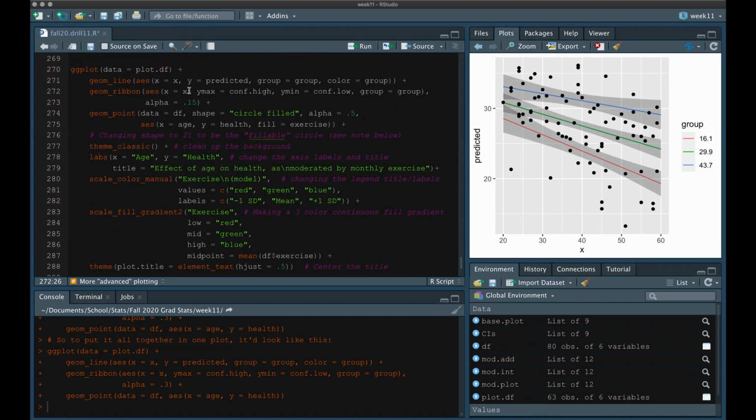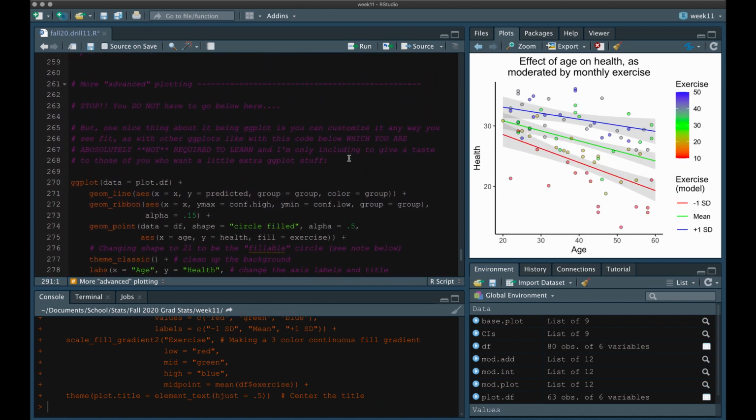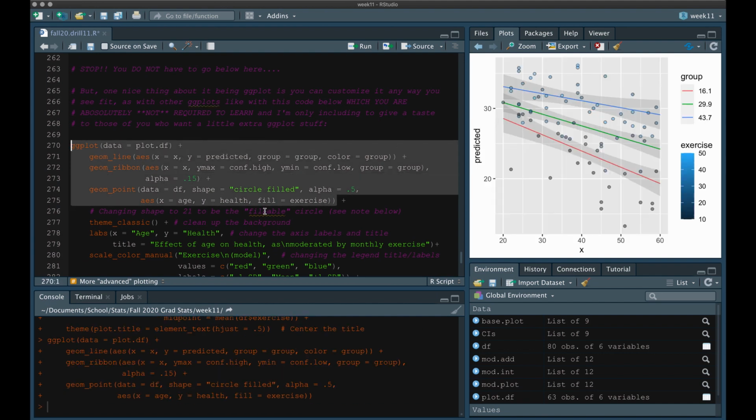If we look at this code as a whole, let me just run it, and then we'll talk about piece by piece what it does. So we start mostly as we did before. We have our geom line, geom ribbon, and geom point. The only things that I've really changed is I've adjusted the alpha on the ribbon a little bit. I changed the shape of geom point to circle filled, and have these filled circles,